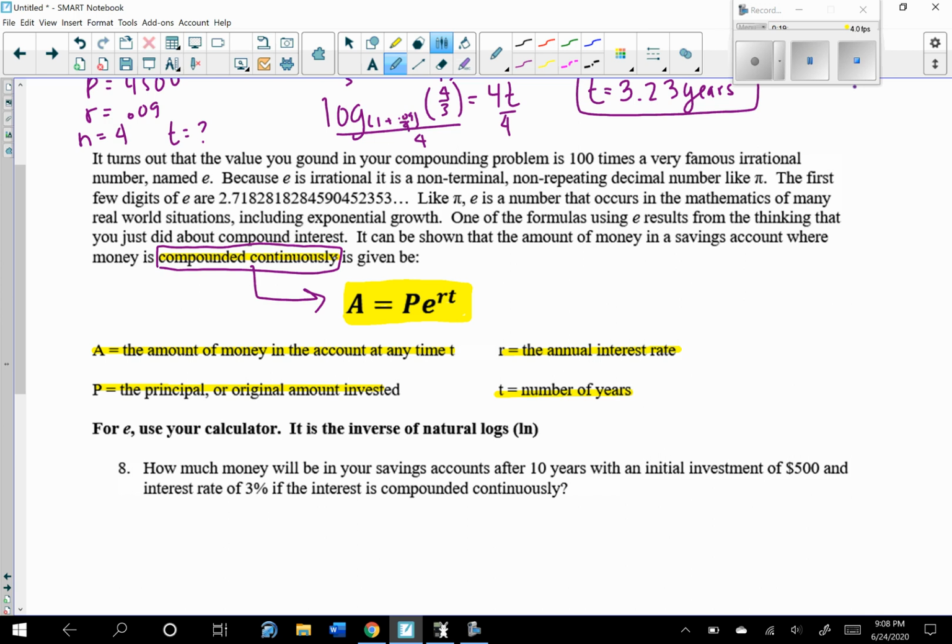So for this, A is still the amount of money in the account after any time t. P is still the principal or original amount. R is the annual interest rate, again as a decimal, and T is the number of years. So recall,